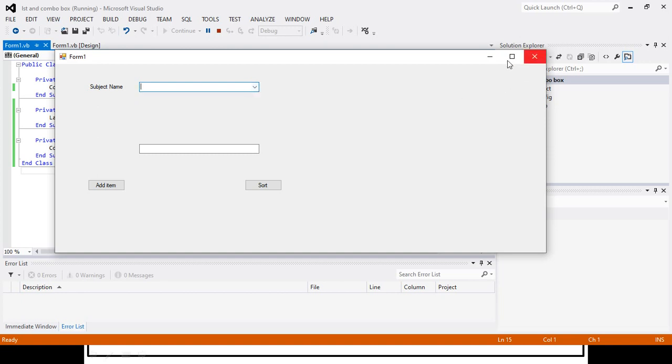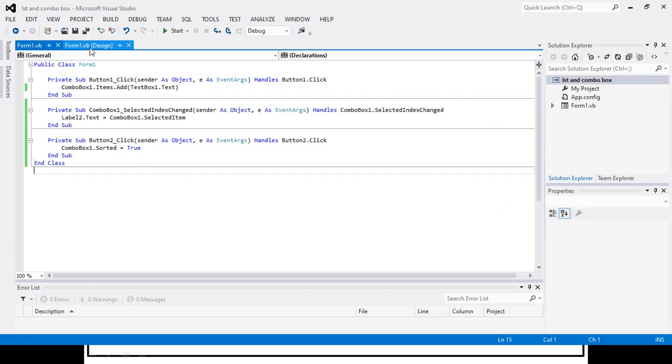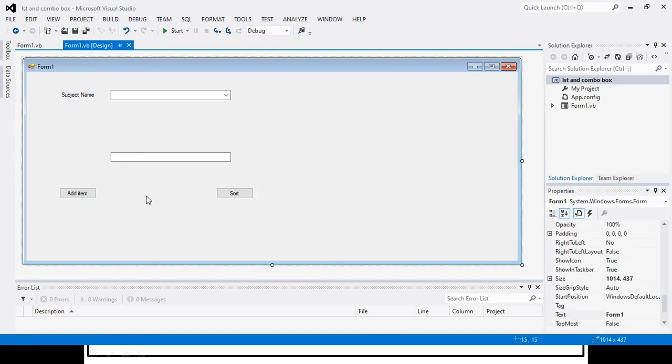Now, similar to add item, we can also remove the item from this list. So for that I will take one more button and will label it as remove item.